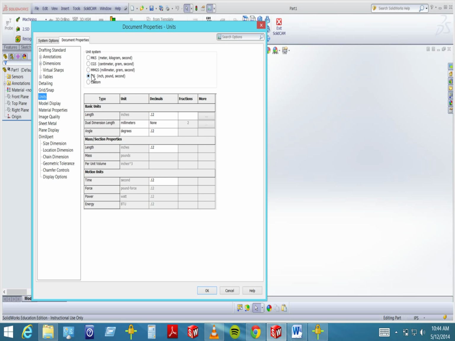But that's not how it is here. We have metric fasteners, but they're more rare, which means price goes up, and it means you can't go down to the store and find every single fastener you want. But you can in English units. So just for fun for me, I'm going to do inch, pound, second just for now. And then going down to decimals,